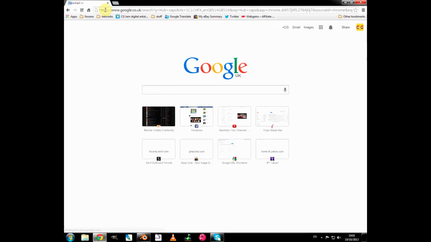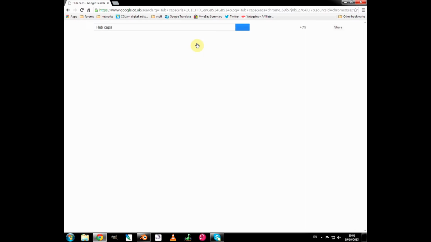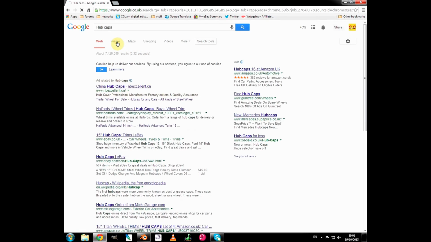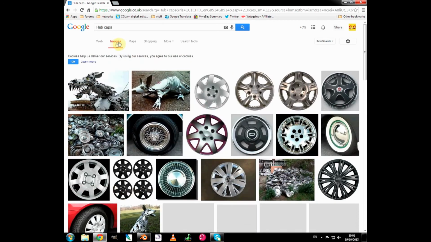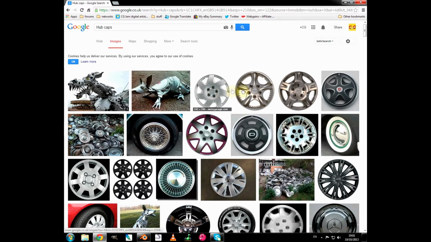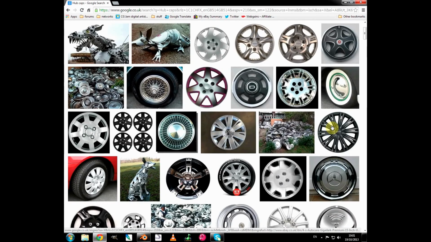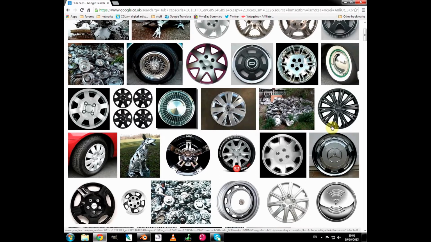there we go. Now we need a decent hubcap image, so we'll go steal one from Google Images. We'll just type in hubcaps, let Google do its thing. There we go. Click on images and we get a selection of rims that we can use, and we'll just go through and find one that's quite nice and usable. I think this one